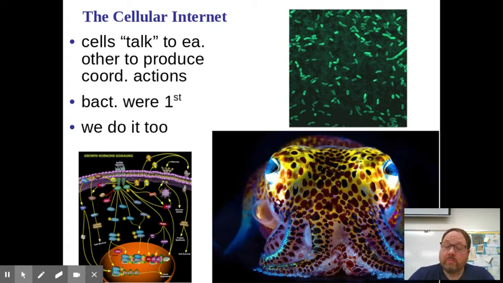You saw the really good Bonnie Bassler TED Talk looking at bacteria and how they coordinate with one another. There in the bottom right, you see the squid with the bacteria that can produce this glow reaction during certain times of the day because of the coordinated activity of bacteria.